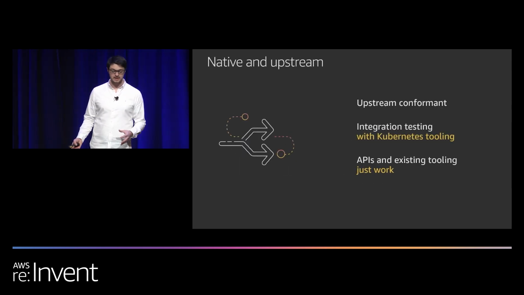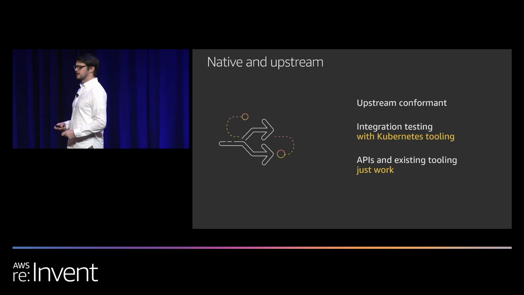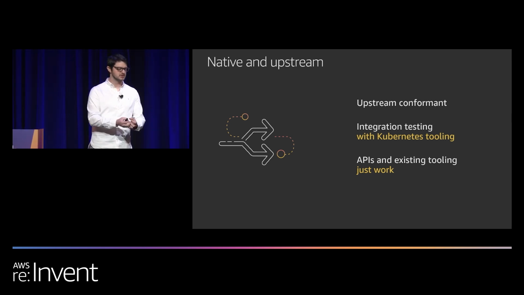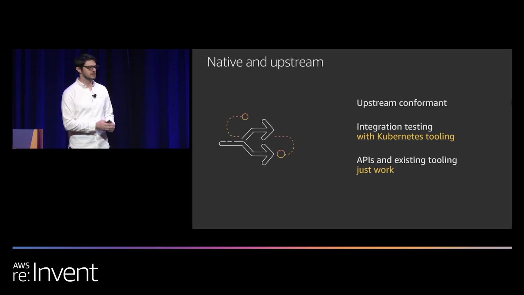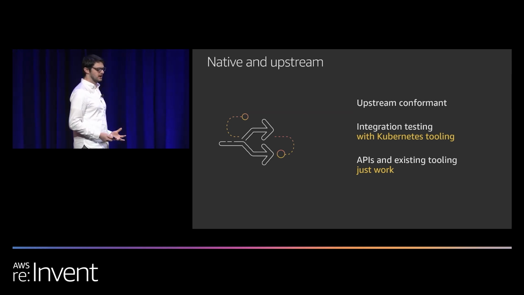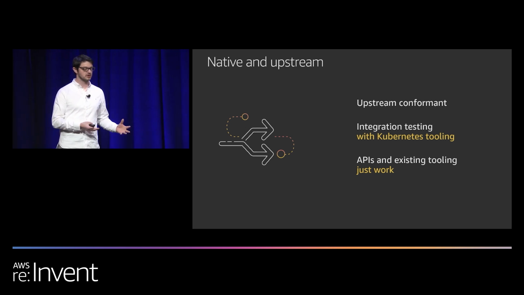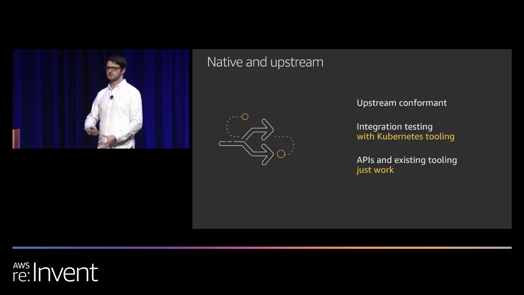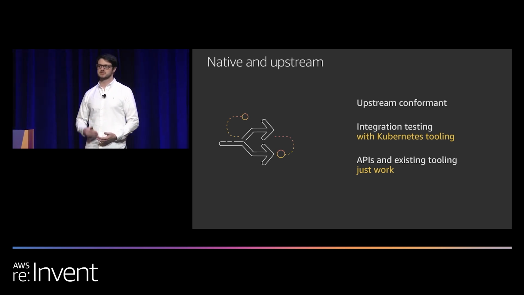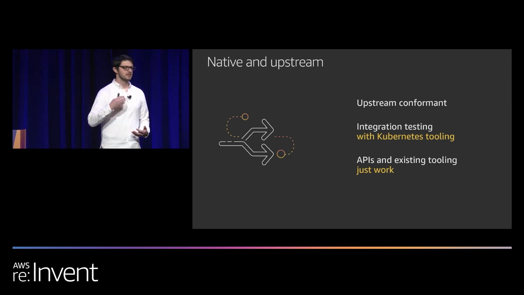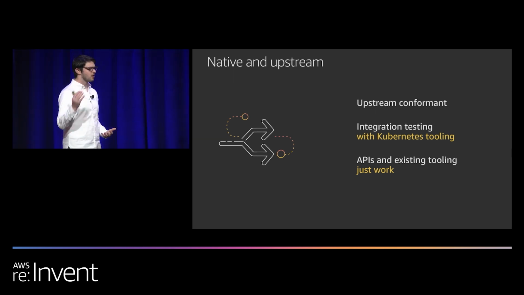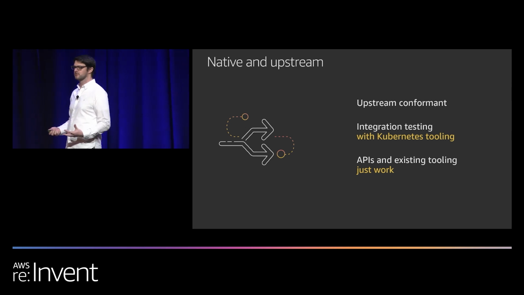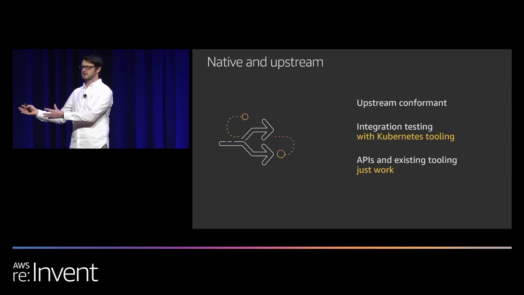Second, what's really important for us with EKS is that native tooling and upstream APIs just work seamlessly with EKS. And the reason for that is because we're committed to running upstream Kubernetes. So our customers tell us this is critical to making EKS useful. There's no point in having a Kubernetes service if you can't use Kubernetes things, the Kubernetes ecosystem, the Kubernetes extensibility model, the ability to write custom controllers, all that goodness that comes around with this declarative API model that Kubernetes offers. We want that to just be able to come to EKS and to work.